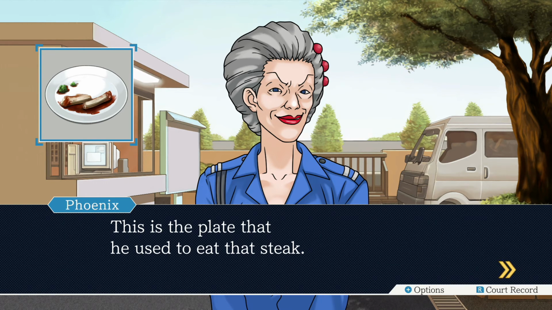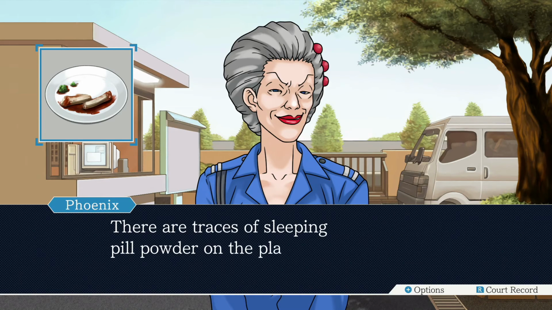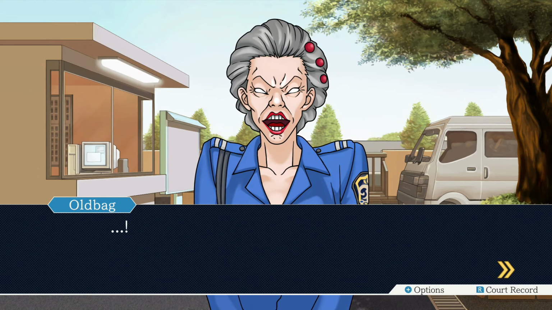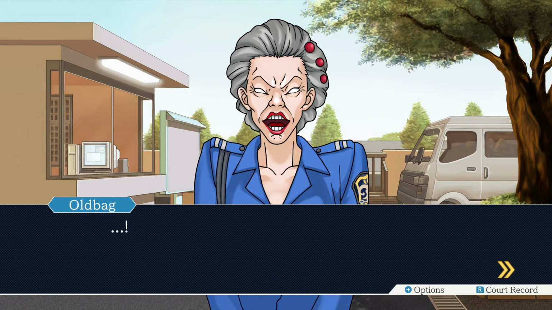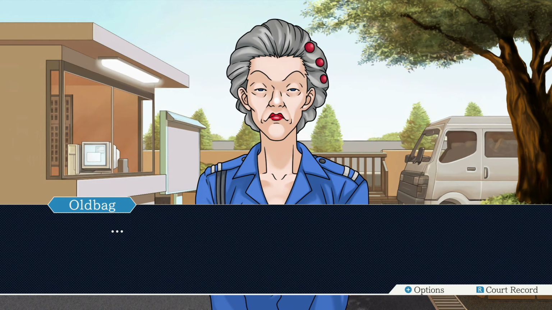This is the plate they used to eat the steak. Why do you have that? Where were you keeping that? How are you keeping that? How does it have the bones still on it? They were still traded. He just keeps it in a big plastic bag, like a gallon plastic bag. He super glued all the stuff onto the plate so that way the crime scene would not be tampered with. It's tampered with still. It's a super glue.